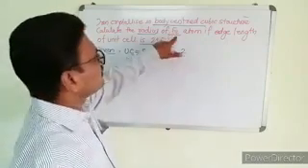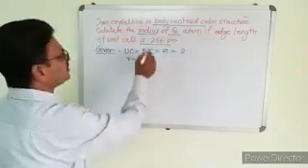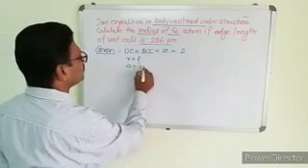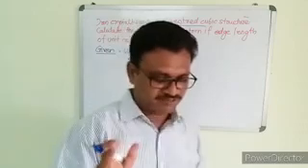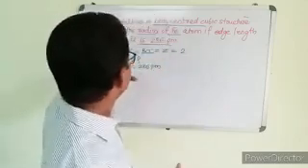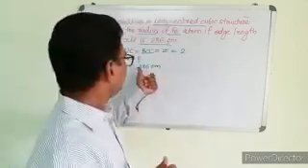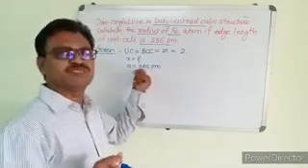Calculate the radius of atom if edge length of unit cell, that is this much, a is equal to 286 picometer. So this picometer, if simple radius is asked, you are not supposed to change this picometer into centimeter.